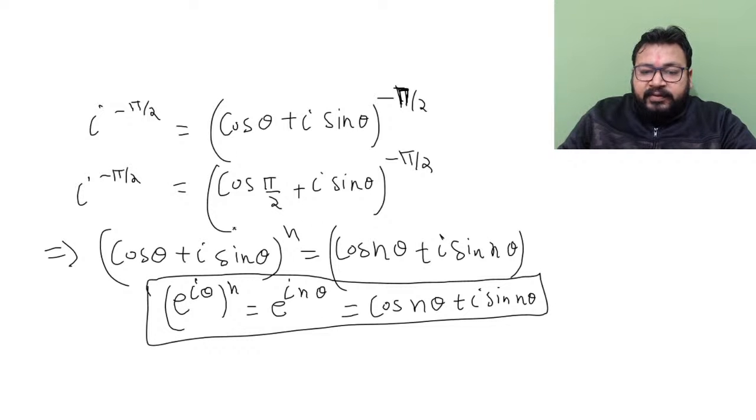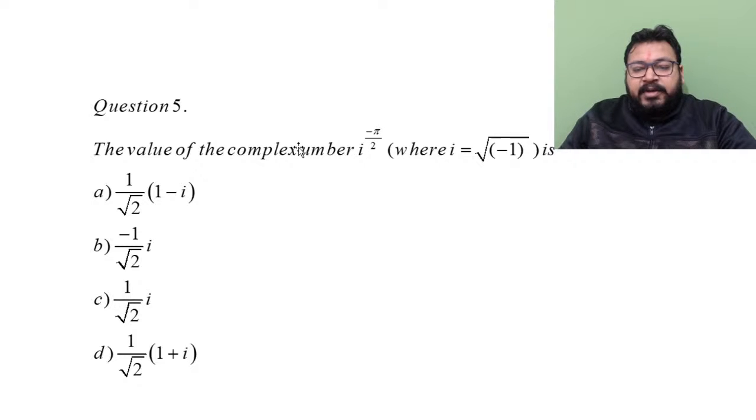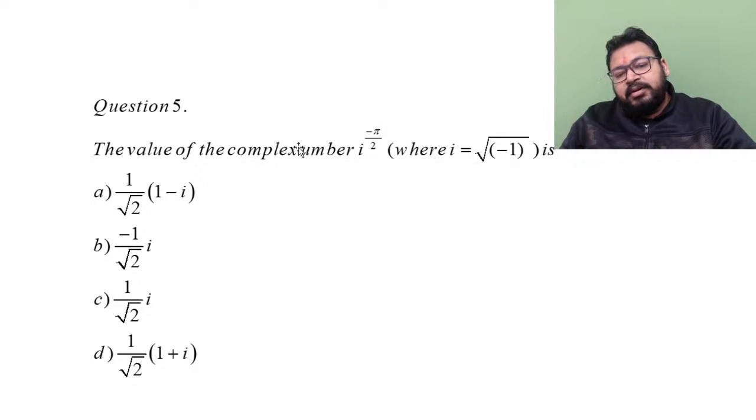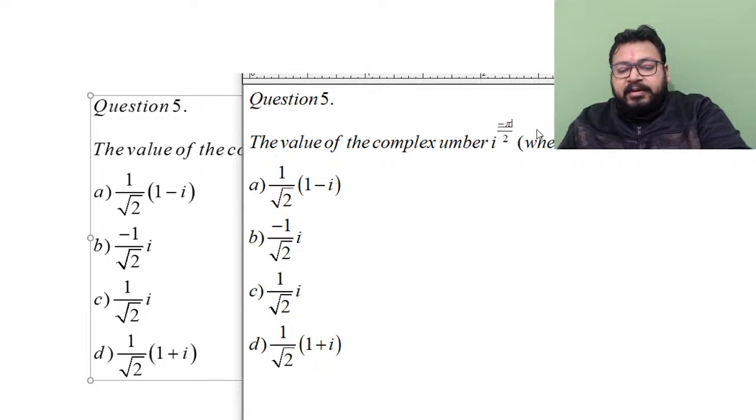Okay, so similarly the power is here also. If the power is here also, then again we can write it by multiplying. So iota to the power minus pi by 2 can also be written as cos of pi by 2 into minus pi by 2. It is minus pi by 2 or 1 by 2? I don't think it is pi by 2. There is a mistake in the question. It should be 1 by 2, not pi by 2. Pi by 2 would not make sense. It should be 1 by 2.